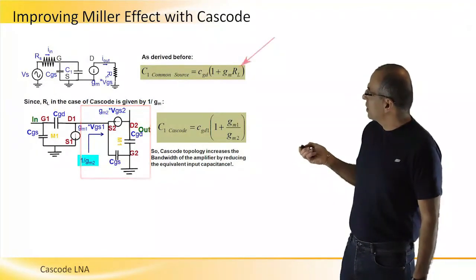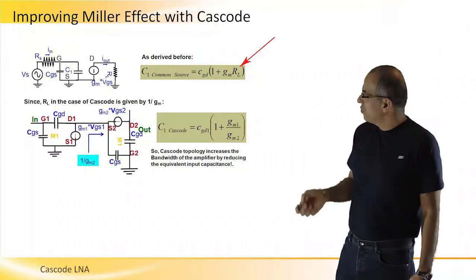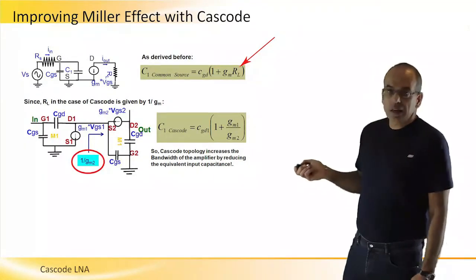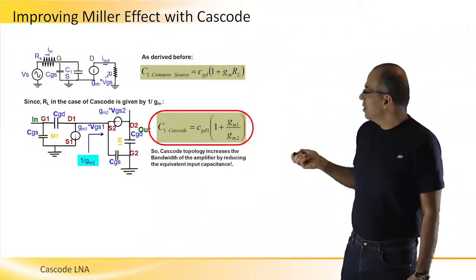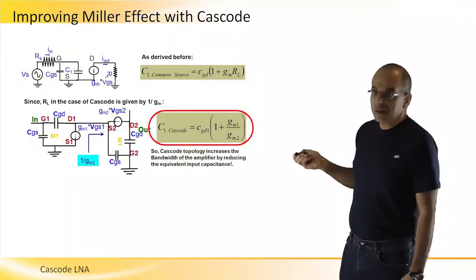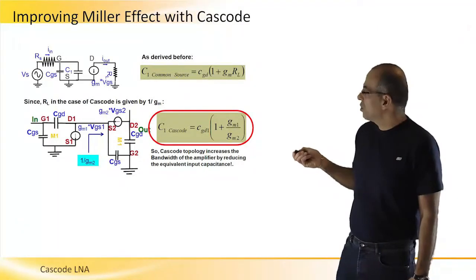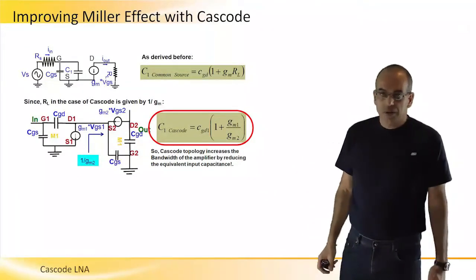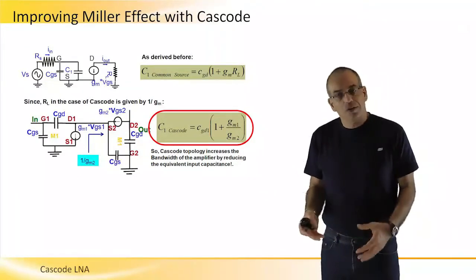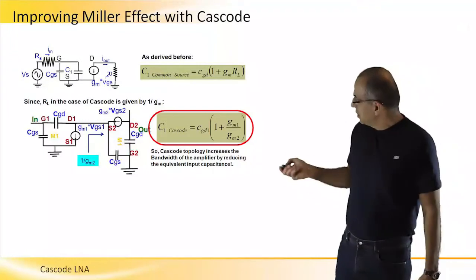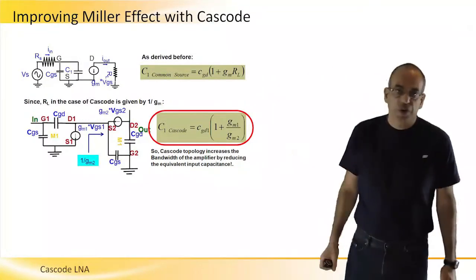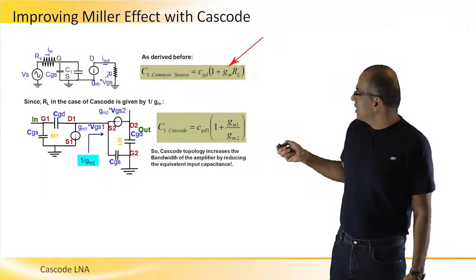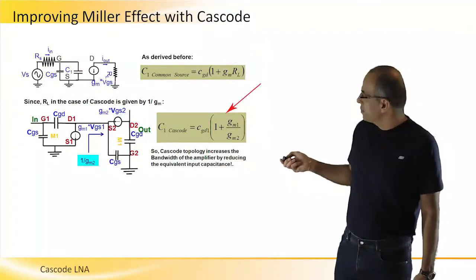So I just need to replace RL with 1 over gm2 as the load, and basically get a similar expression, but this time it's not gm RL, but 1 plus gm1 over gm2. Usually these gm's are either similar or identical, but the whole expression here is very close to 2. So it could be 8 or 9 or 10 here, and it's 2 here, and this is why the